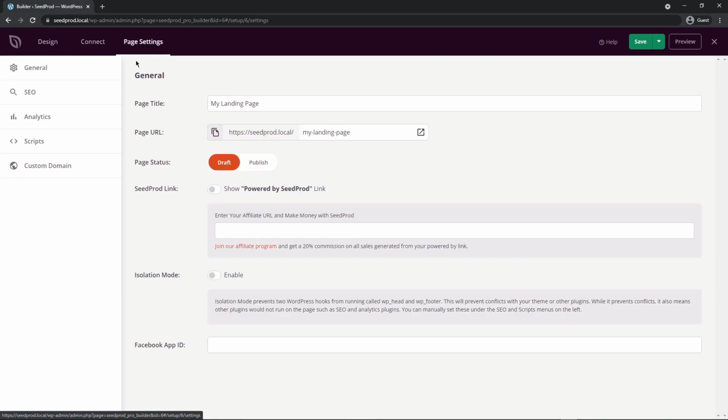Lastly, we have the page settings. So we have general, SEO, analytics, scripts, and custom domains. Under general, we have the page title and page URL, so you can change this to whatever you wish. We have the page status. Right now we're just in draft mode, but we can also publish that right here when we're ready,